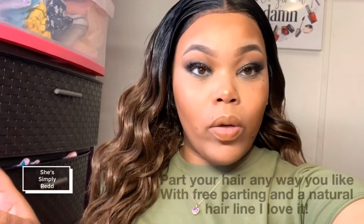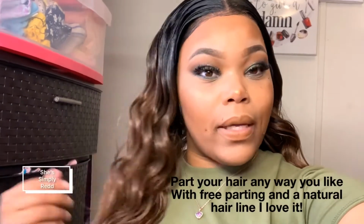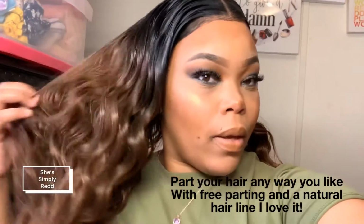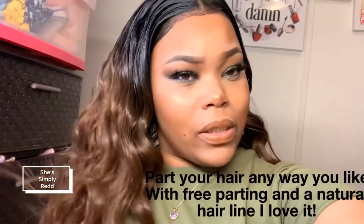So this is a 13x4 closure. So this is how much frontal space you get, and it's ear to ear. So it comes with combs on each side and one in the back, and it comes with adjustable straps, you guys. So this is giving me really nice waves, and I really do love it because it's really silky